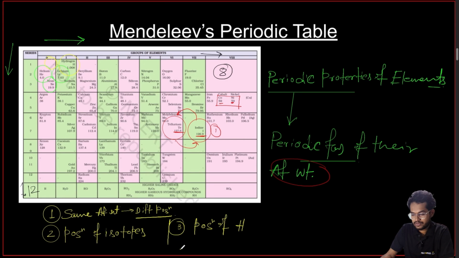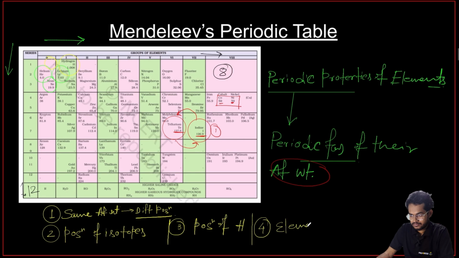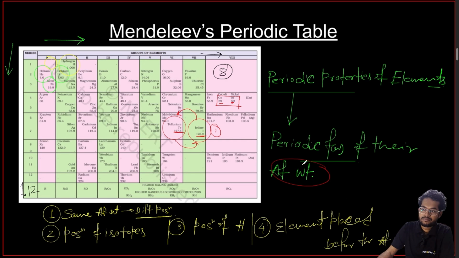And the last one is an element placed before, like tellurium and iodine. Okay, so these are the demerits of Mendeleev's periodic table, and in this periodic table he did an incredible